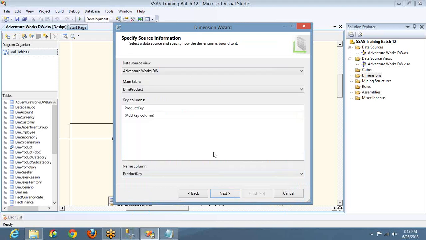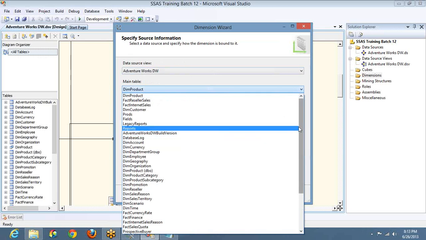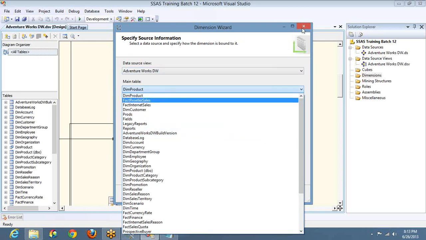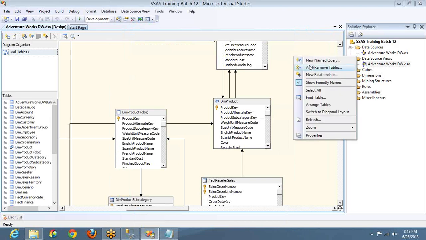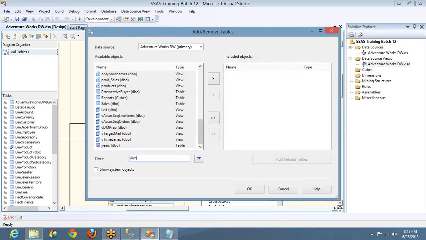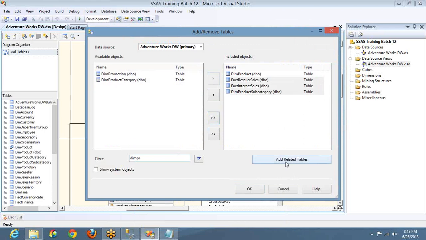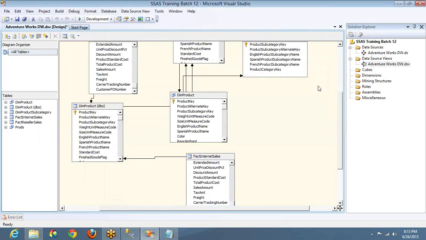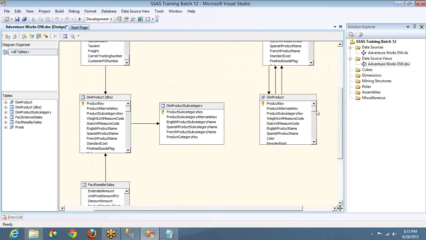I'm going to use the existing table, and if you see, I have hundreds of tables. Why? Because I selected so many tables in my data source view. So first let me go here and clean up the sheet. I will remove all the unwanted tables and keep only a few tables. Let me remove everything. As I told, I'll take dim product and its related tables. This is fine for now. Okay, everything is clean. Let me arrange it now. It should look good. Okay, fine.